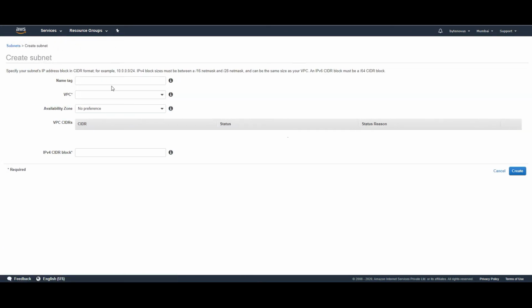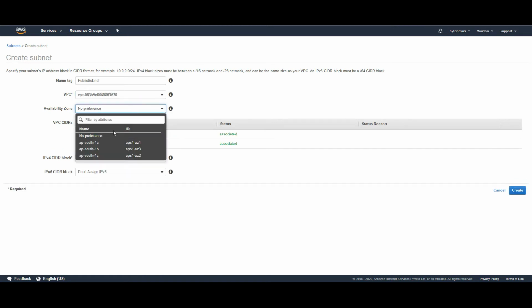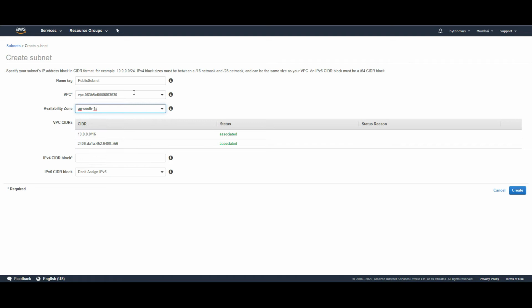By default, you have seen it has three subnets which belong to the default VPC. So for our VPC which we have just created, I will create one public and one private subnet, right? So let me give a name here. Choose the VPC. So here I will choose the VPC which I have created. Availability zone, I have to give a different availability zone. So since it is in availability zone 1, I will just add this as a name. So 1A,